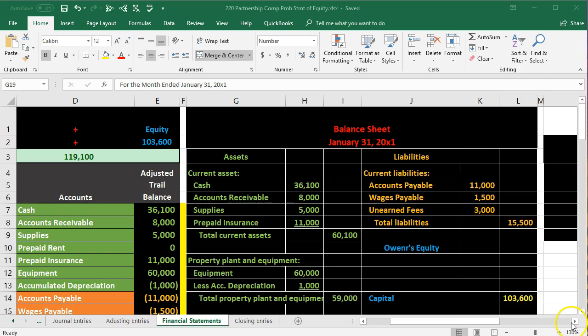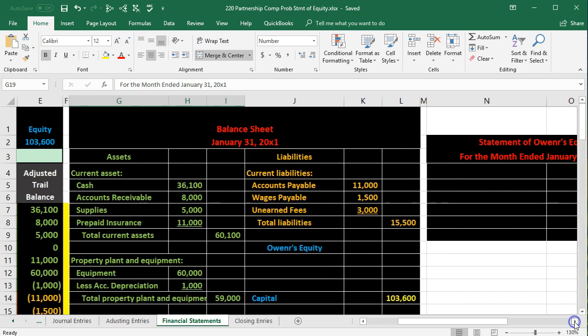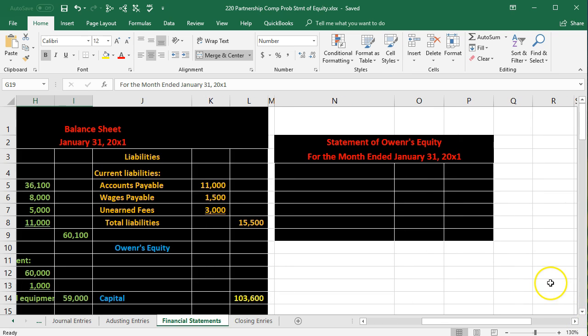In this presentation, we will continue on with our comprehensive proprietorship problem, this time focusing in on the statement of